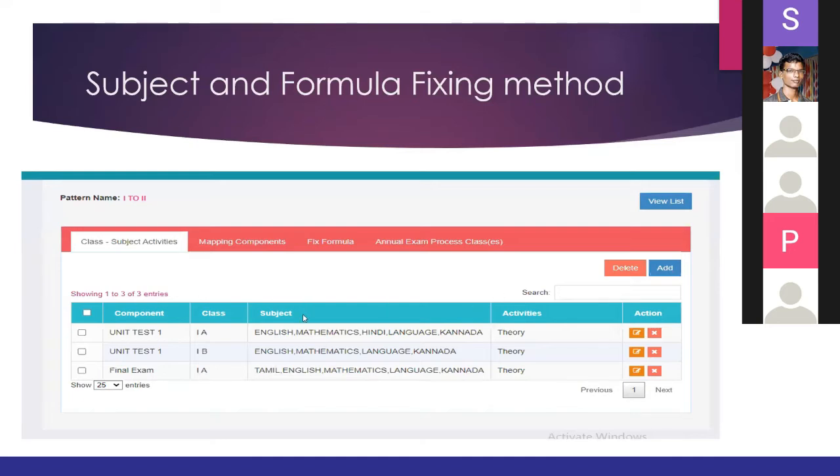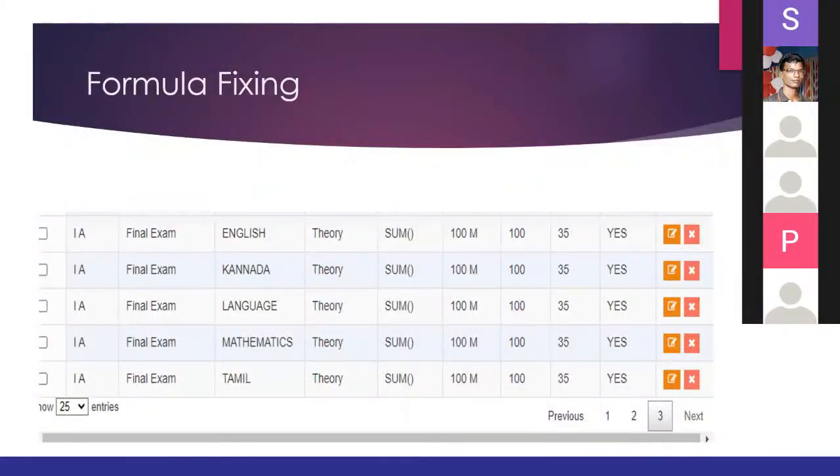Once you allot the subject name, you have to fix the formula. Fixing the formula is the main thing for the examination. In this page, you have to fix the formula: what is the maximum mark and what is the fail mark. You have to fix it here, because according to this only the mark is processed after the mark entry.